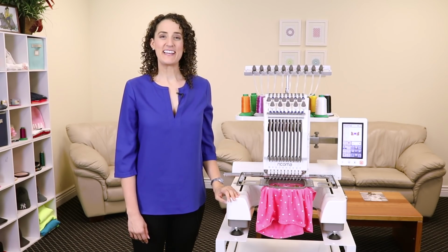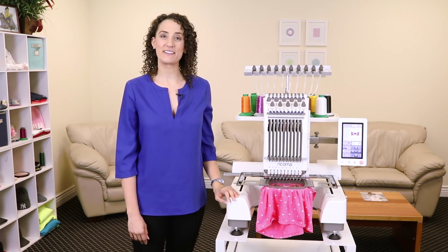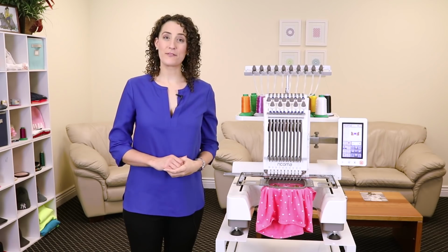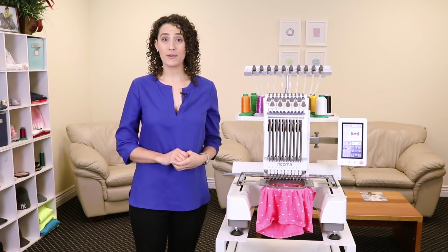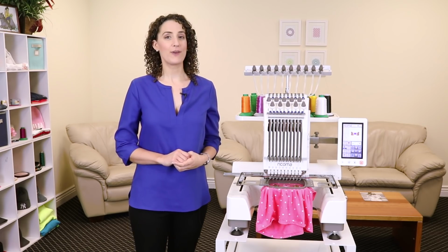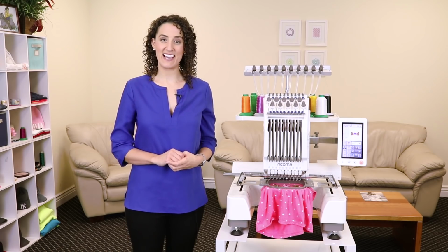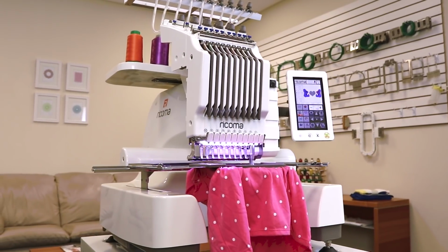Hello and welcome. Today I'm going to introduce you to the perfect starter embroidery machine for beginners and pros alike. Embroidery is an art, but like all art forms, your creative potential depends greatly on your tools. Whether you're a hobbyist looking to embroider at home, a crafter who wants to start a business, or an entrepreneur in search of the ideal entry-level machine for your shop, Ricoma's EM-1010 is the perfect machine to help bring your